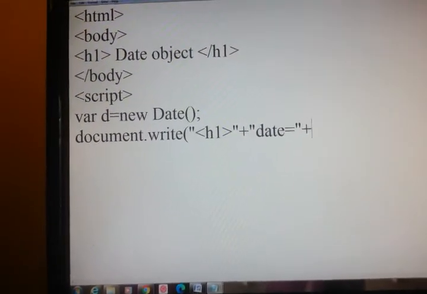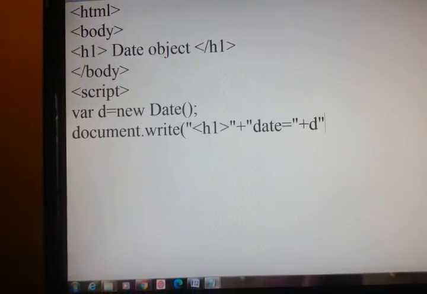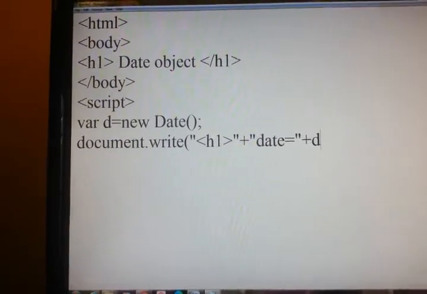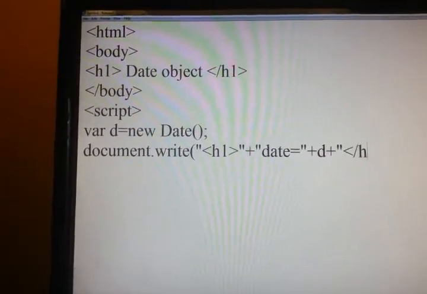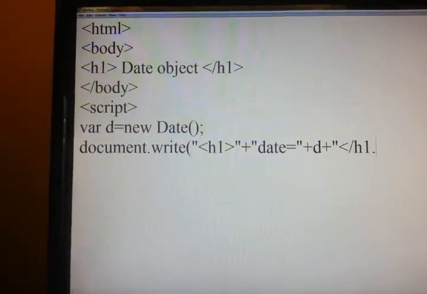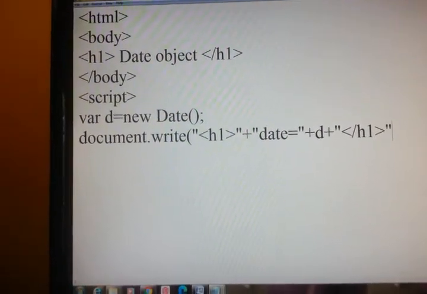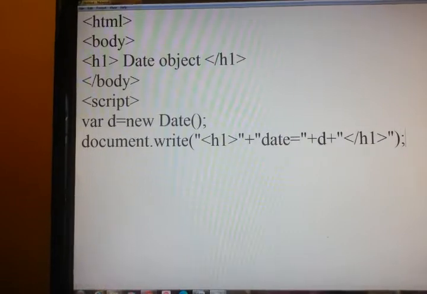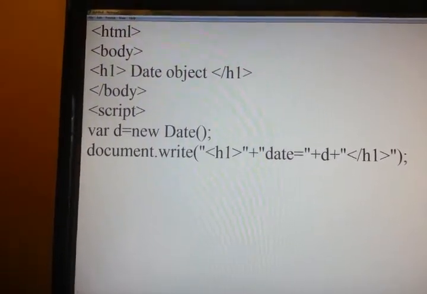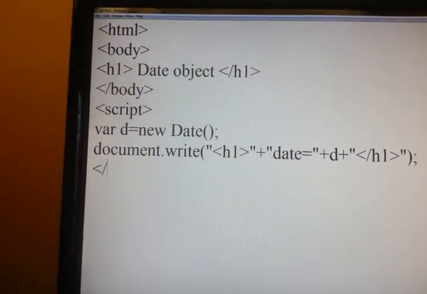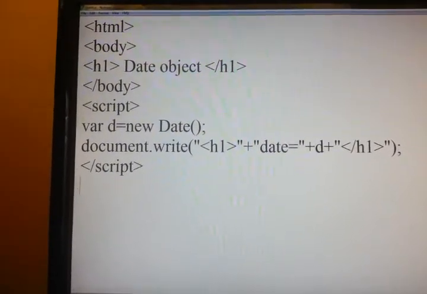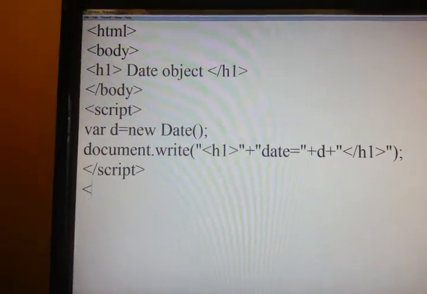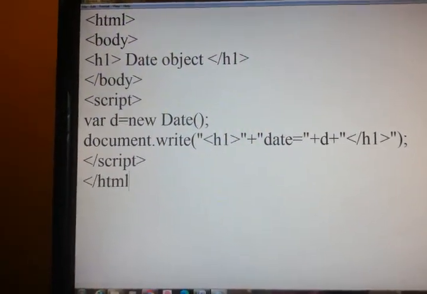So I am printing that particular variable. Then closing script. Closing HTML.